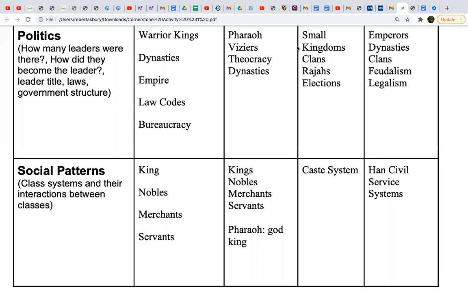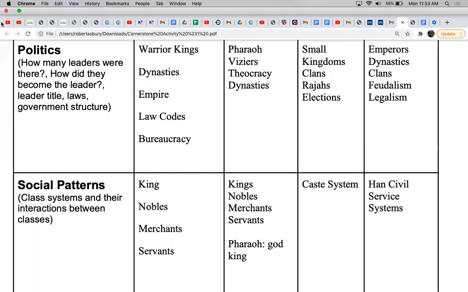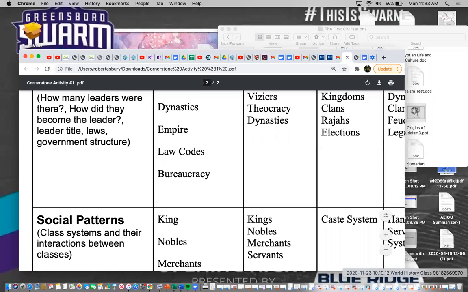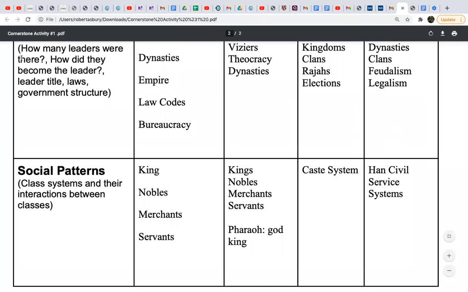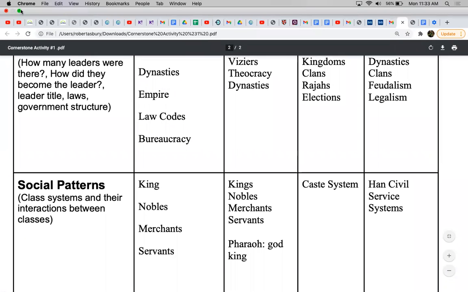All right, do you guys have any questions about this chart? If you missed any of it, you can go back and watch the video. So what I'm going to do, what's that? Hey, Mr. Asbury. From my graphic organizer, I did it in Google Docs, and I just shared the Google Doc with you. Is that fine? Yeah, that'll work. Okay.